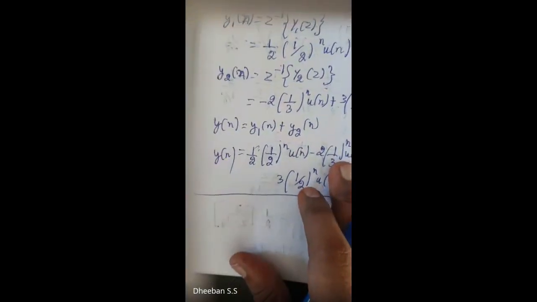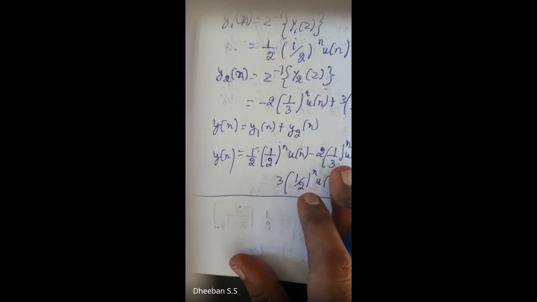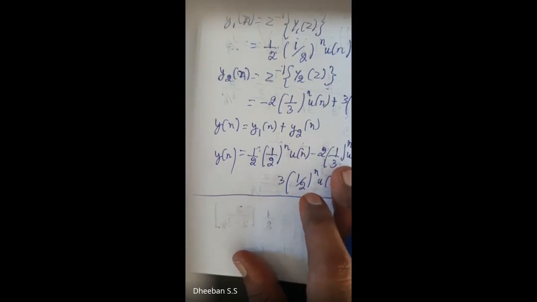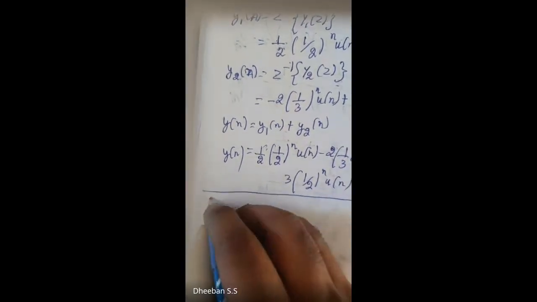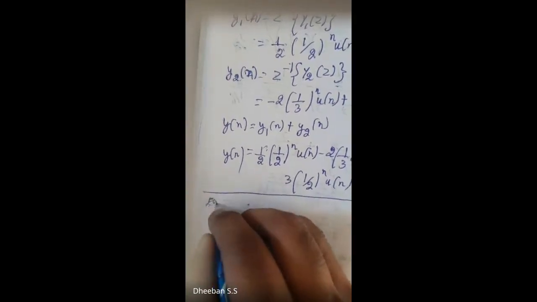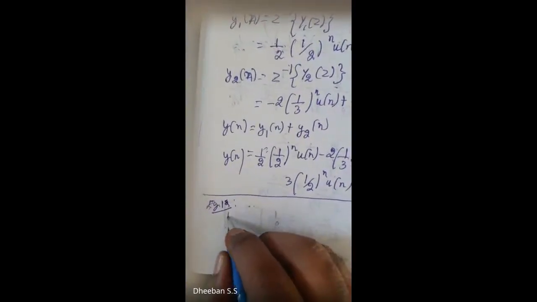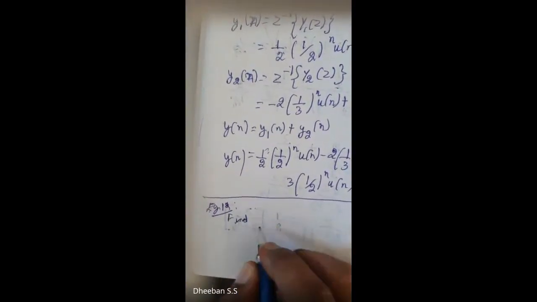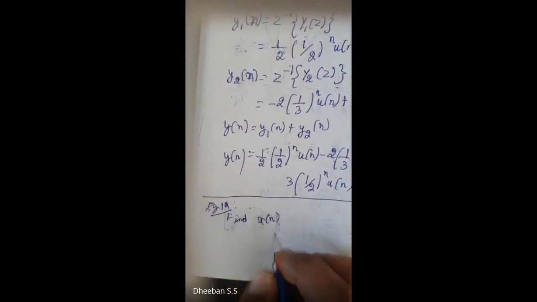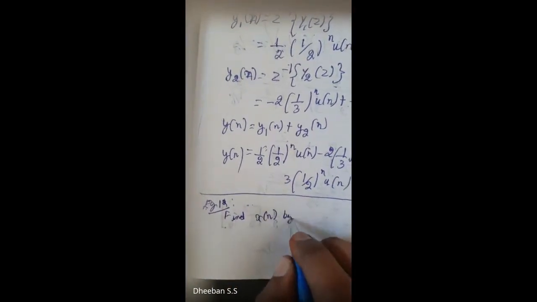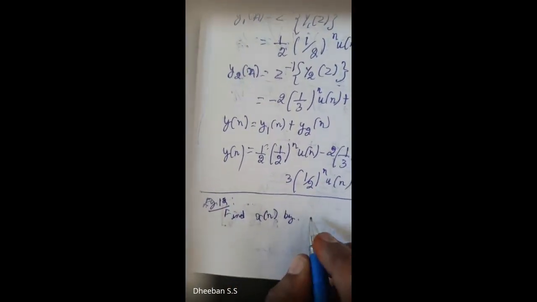We will be moving to the next problem. It is based upon your example 12, the convolution property. Find x of n by convolution for